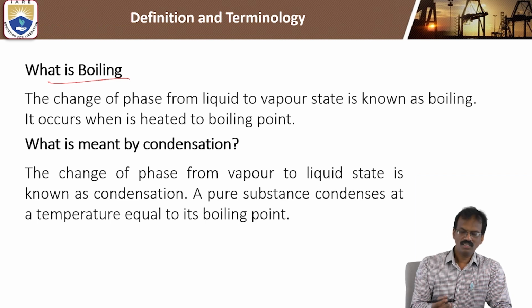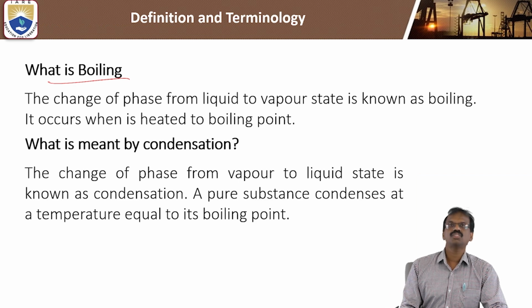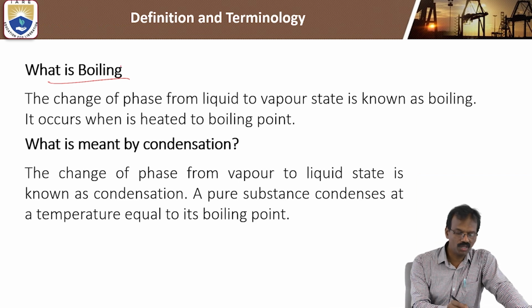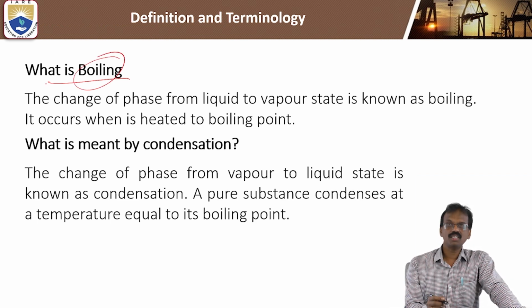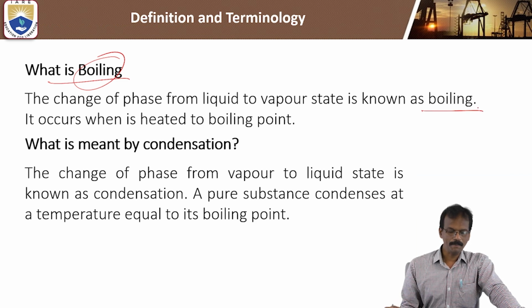In convection, we will see only heat transfer from solid to liquid, or liquid to liquid, or fluid to fluid. But in boiling and condensation, we will see the phase change with heat transfer. Heat transfer with phase change. So phase change is associated with the latent heat. In boiling, water is converted into vapor. So heat transfer plus conversion of liquid into vapor, that is called boiling.